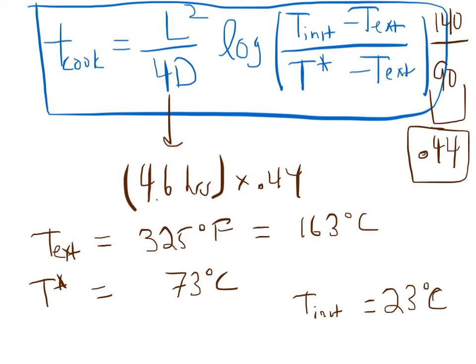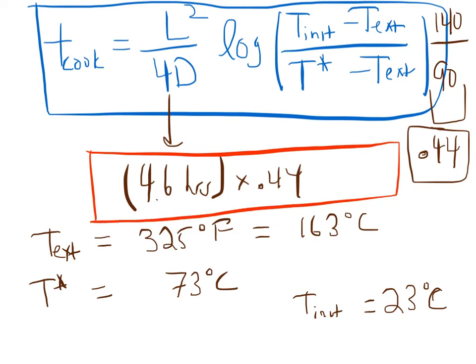Here, let me try to erase a bit so that this will end up being dramatic. Actually, no, it won't let me erase. So I'll put this all in a red box instead so you can see, because this is really the critical calculation: our cooking time is 4.6 hours times 0.44, and that number turns out to be about